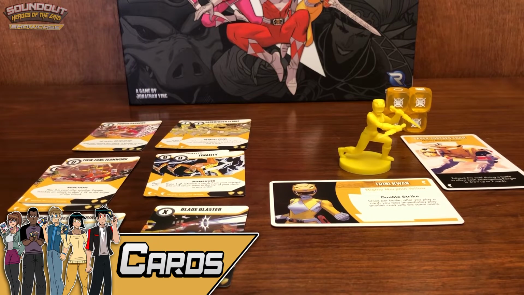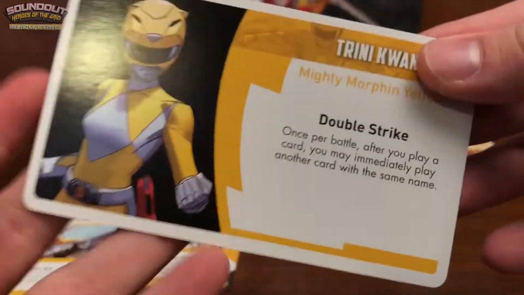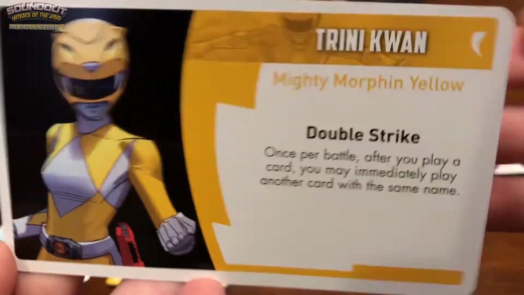Trini's deck is all about light attacks that can be dealt multiple times. Many of her cards have options to attack twice, which works in tandem with her effect. Now, Trini's specific effect is the Double Strike. Now, the Double Strike is once per battle after you play a card, you may immediately play another card with